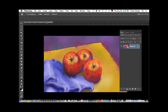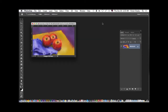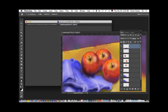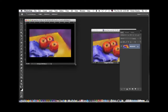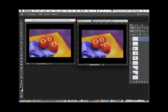We're going to drag it off the main canvas so that it becomes its own image. Let's zoom out a little bit, make it smaller, and let's open our original Photoshop image. Okay, and reduce that also, so that I have them side by side. This will make it a little bit easier to compare. Original Photoshop,